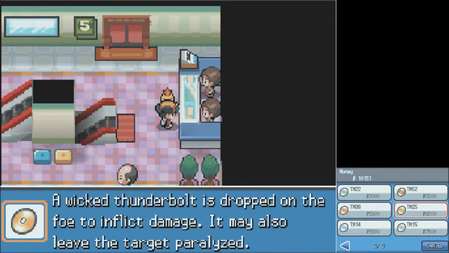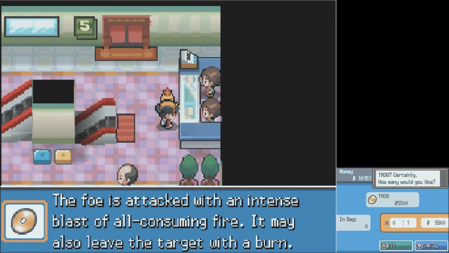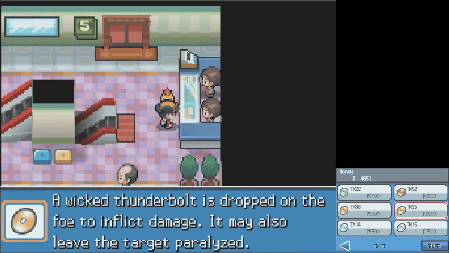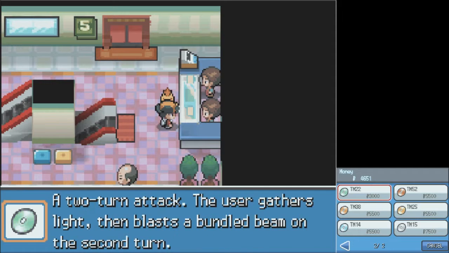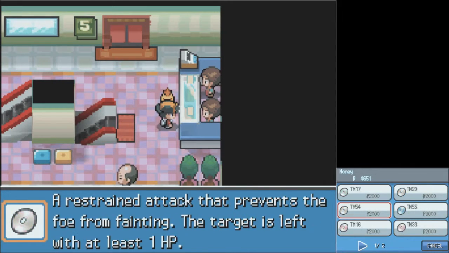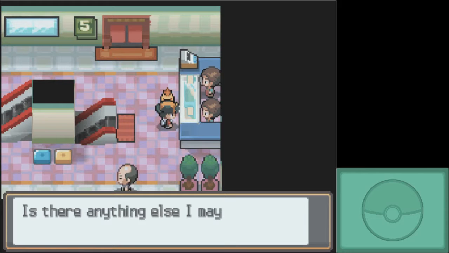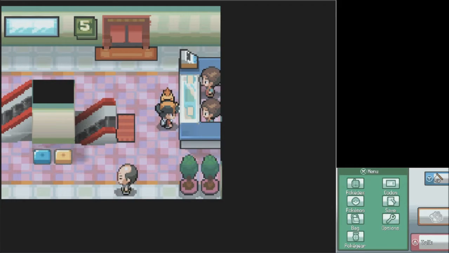Yeah, so let's see, what do I want? I think I'm going to get Fire Blast for Slugma. I can't afford Flamethrower. I generally do prefer the higher accuracy moves, but you know, Fire Blast is not bad for a move with 120 base power. Let me just check something. Okay. So, yeah,